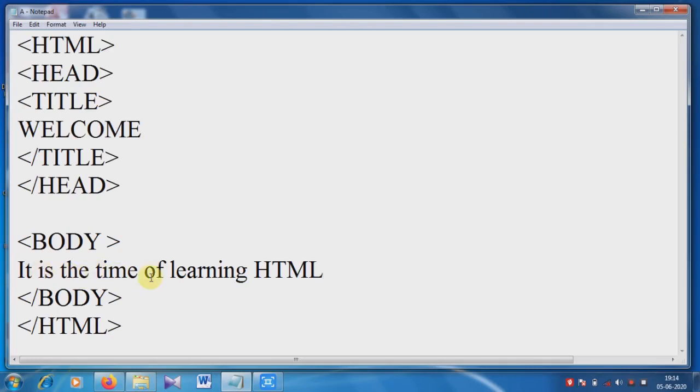Now I am writing just one line: it is the time of learning HTML. Using a formatting tag, we can change the appearance of this line.